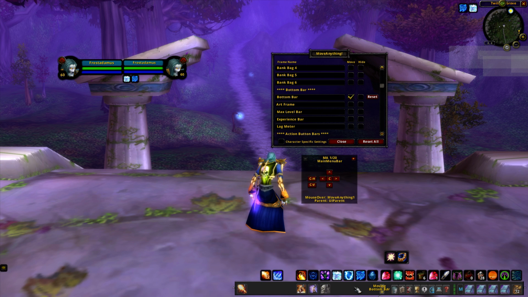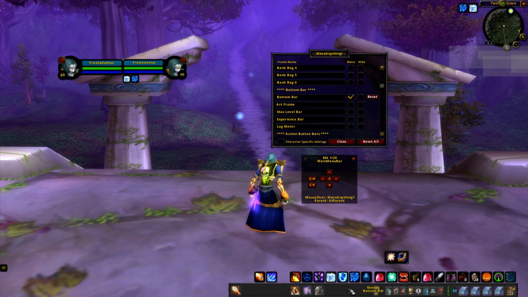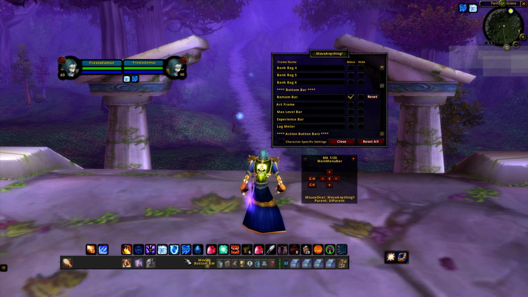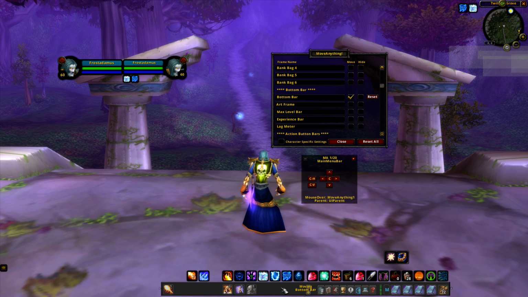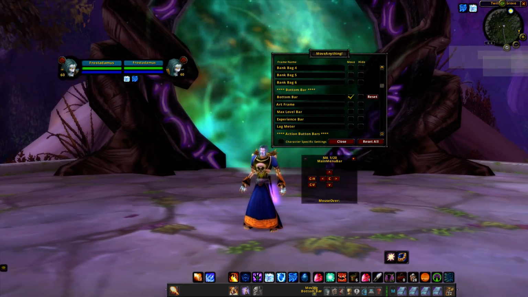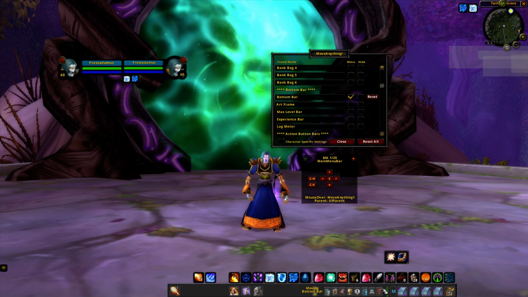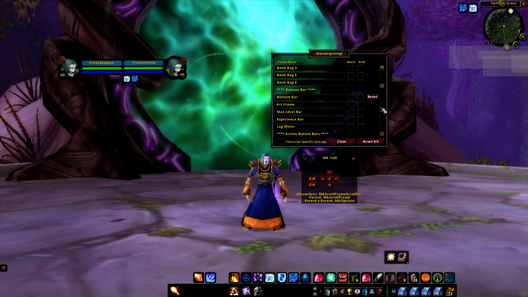If you want, you can use it on the edge. But I want to drag my minimap there, so I leave it here. If you want, you can put it here, here, even there. So I usually put it around here somewhere, so my chat has a lot of space in between. And perfect. Then you can move